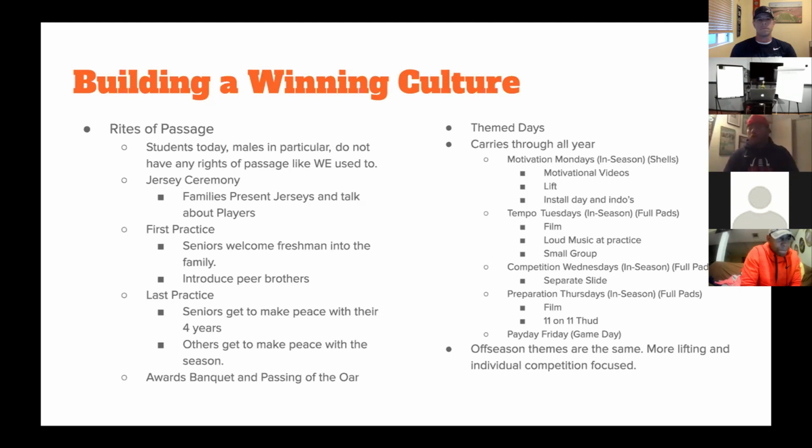Then we do a thing called the last practice. The last practice I think is important because it wraps up the season for those freshmen, sophomores, and juniors, but it wraps up 4 years for the seniors. A lot of times high school football coaches don't have